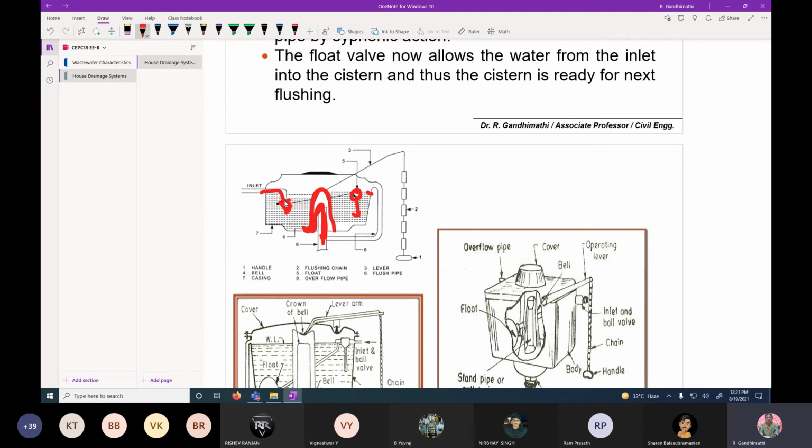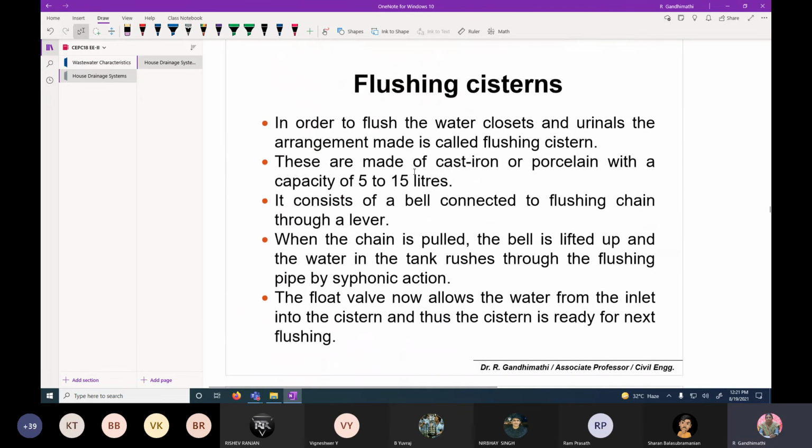Anyway, I request everyone to open the flushing cistern and see the mechanism. Here I have explained that it consists of a bell connected to the flushing chain through a lever.